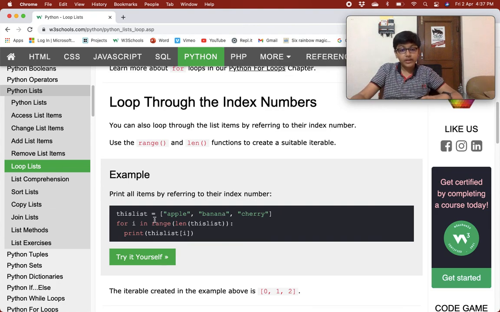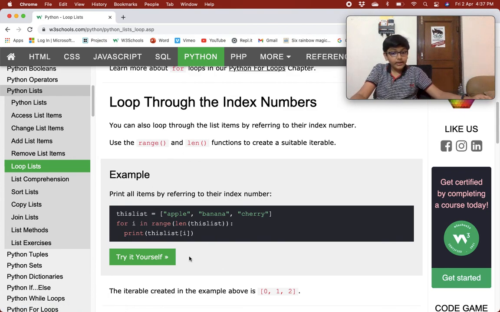I'll explain everything. First it goes to the length of the list, so it takes out the length, which is 3. Then the range method creates a sequence from 0 till 3, not including 3.